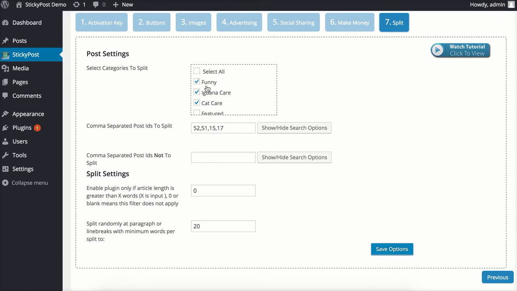Or if you don't want to do entire categories, you can take the post IDs of individual posts and apply them here and have them automatically split. Or you can include post IDs of posts that you do not want included. So for example, if I'm including everything inside of the Funny category, but there is one post inside of Funny